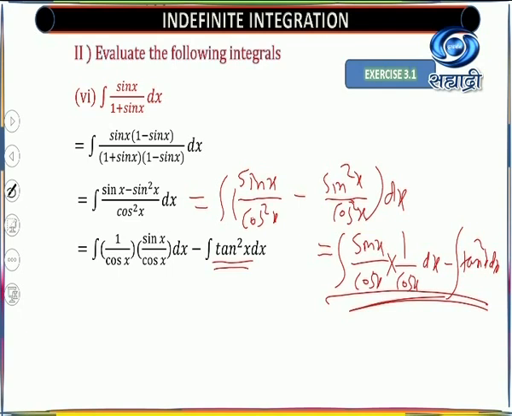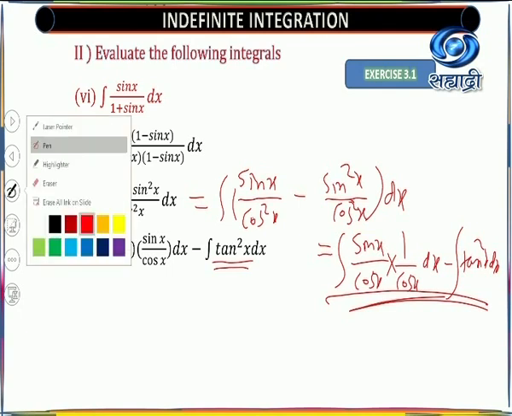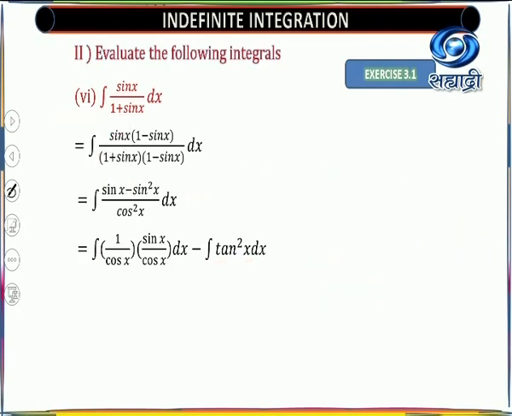Look here. Now next step. Next step is nothing but, what is 1 upon cos x? 1 upon cos x is sec x, sin x upon cos x is tan x dx. This example we have already solved; half the part we have already seen. And this part is also seen because that is our first example from the second type. That is tan square x is sec square x minus 1.